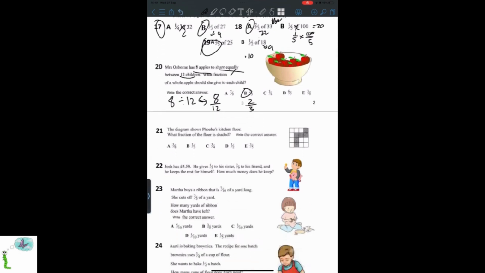Question 21. The diagram shows Phoebe's kitchen floor. What fraction of the floor is shaded? Write the correct answer. Just count the numbers. There are 1, 2, 3, 4, 5, 6, it's 4 by 4, which means there are 16 tiles overall because it's just 4 times 4. How many are shaded? 1, 2, 3, 4, 5, 6. 6 are shaded out of the 16, so this is going to be a fraction. If you simplify that,